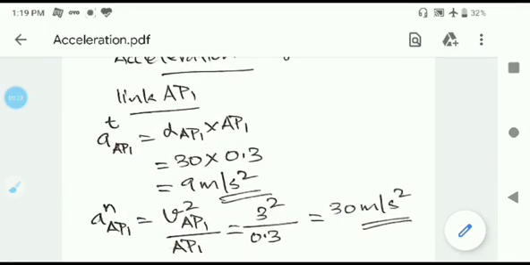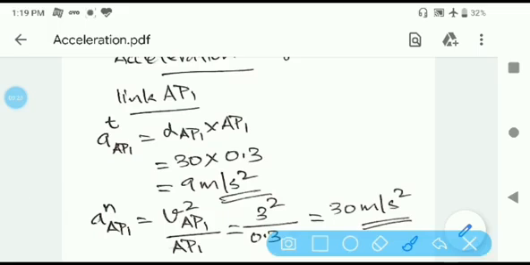So considering the crank AP1, we are going to find the tangential component of acceleration of point A relative to P1, and that is given by the formula alpha into the length of the link. Alpha is the angular acceleration. It is given in the question as 30 radians per second squared. You substitute the values and you get the magnitude of the tangential component of acceleration of point A relative to